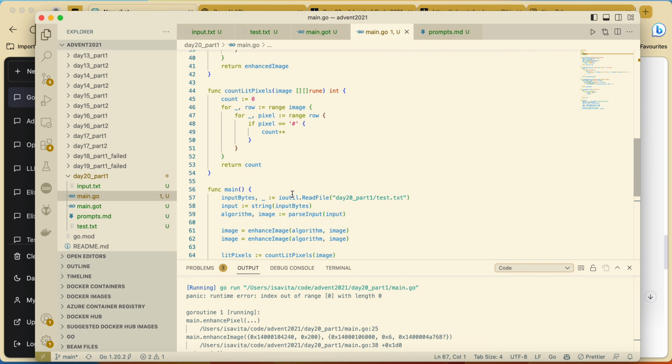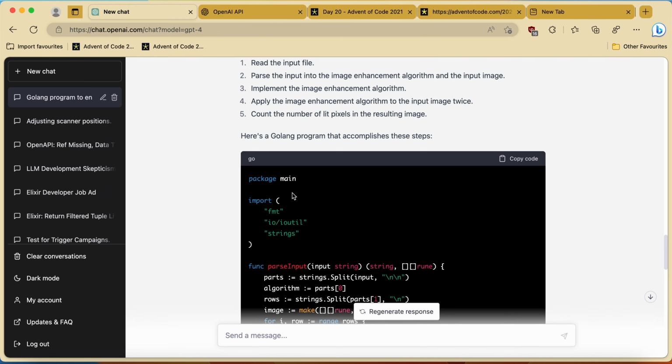Parse input. Yeah, I think in principle that's